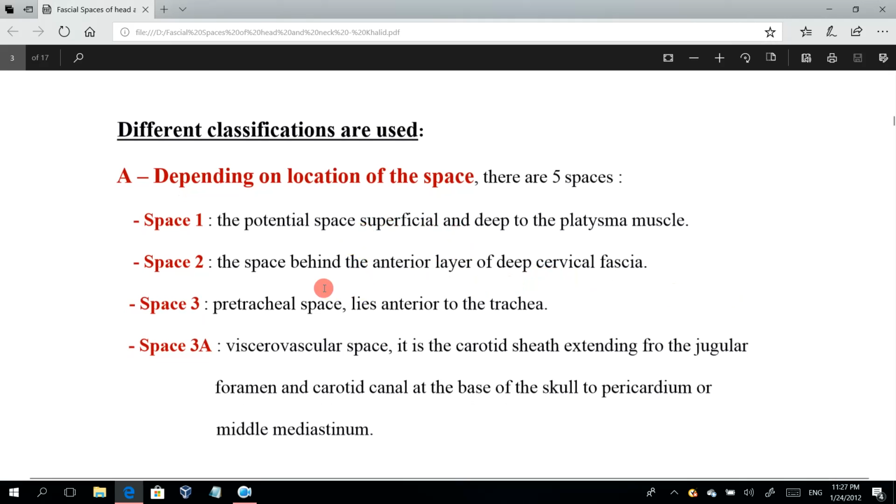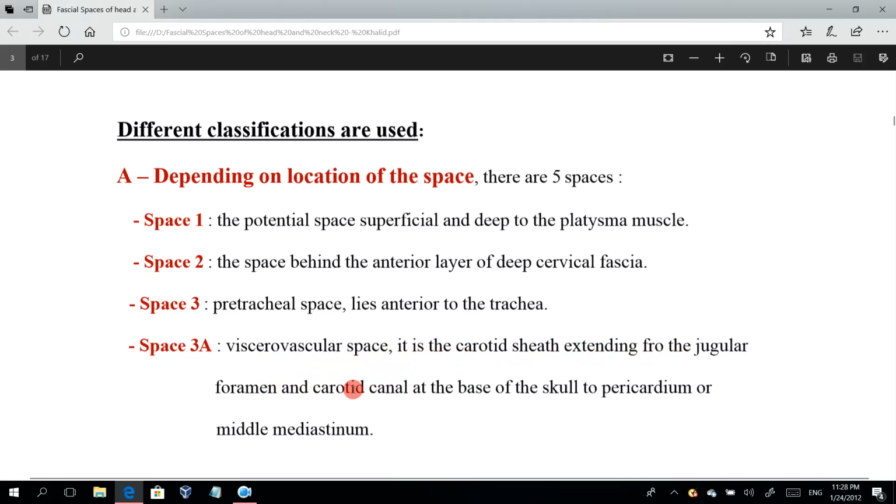Space 1 is the potential space superficial and deep to the platysma muscle. Space 2 is the space behind the anterior layer of deep cervical fascia, I mean behind the investing layer of deep cervical fascia. Space 3 is the pretracheal space, which lies anterior to the trachea. Space 3A is the carotid sheath, the vascular space,